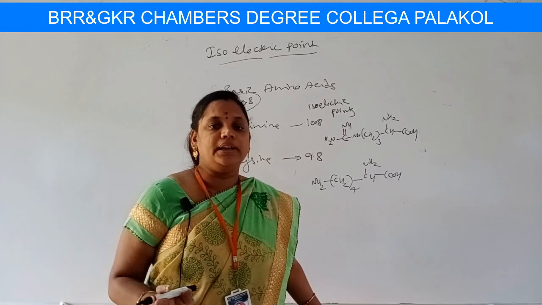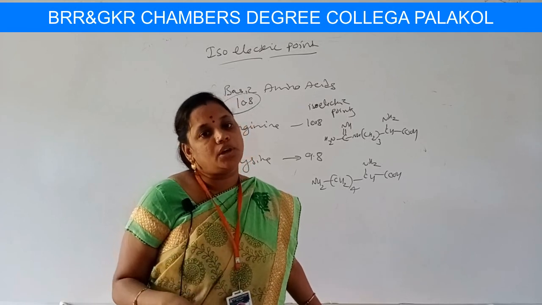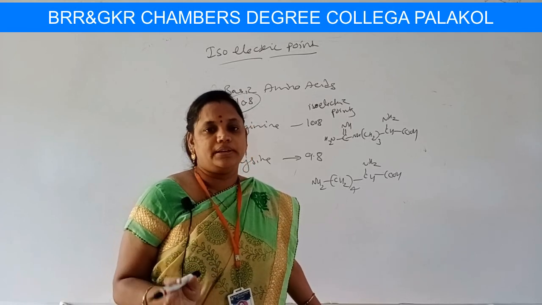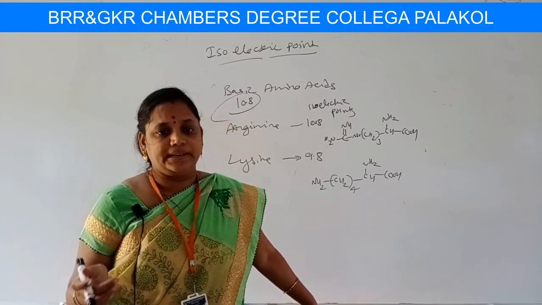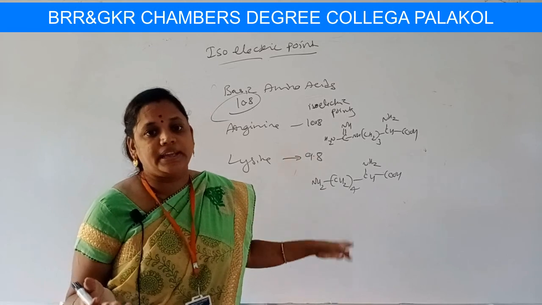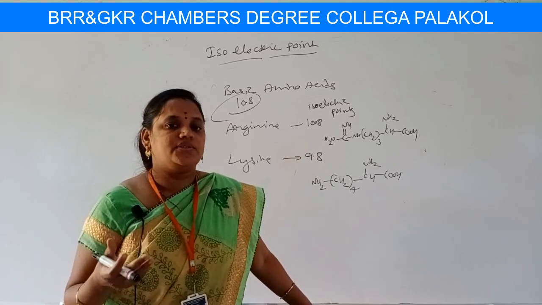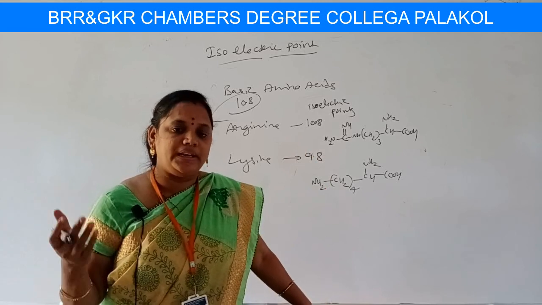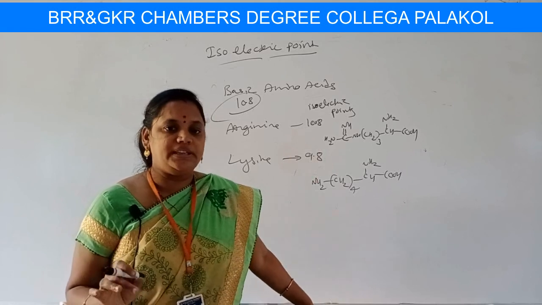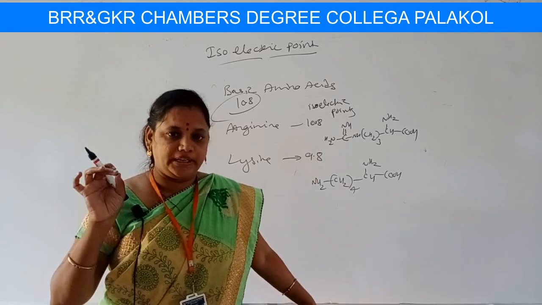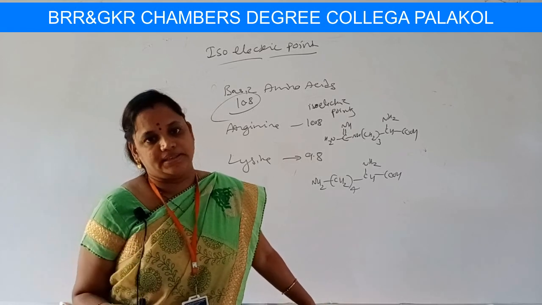In that we have learned acidic properties are due to NH3 plus and basic properties are due to COO minus. We wrote the equations for acidic nature and basic nature, and we also calculated Ka, and I have also given many Ka and Kb values for glycine, and the product of Ka and Kb should be equal to, students, 1 into 10 power minus 14. And finally, the isoelectric point means nothing but the particular pH at which migration of ions stops in amino acids.